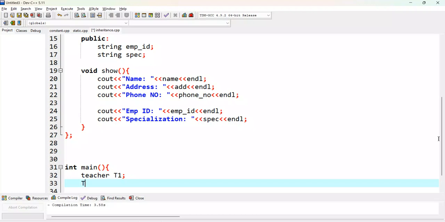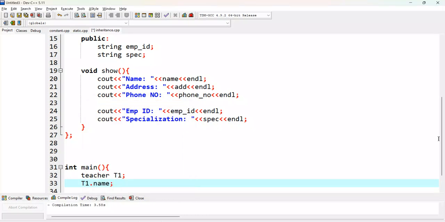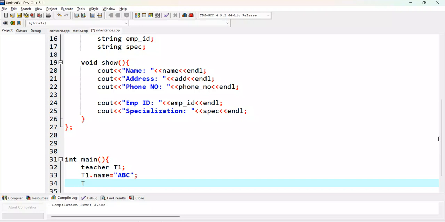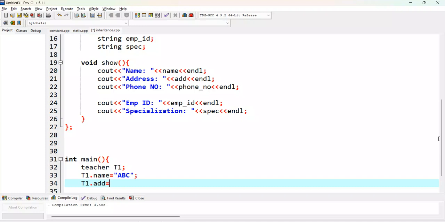So with t1, I can also set a name, because name is also part of that now, though it belongs to the person class, but now we have inherited that, so name should be a part of that. Along with name we can also set its address too, because this address also belongs to that now,